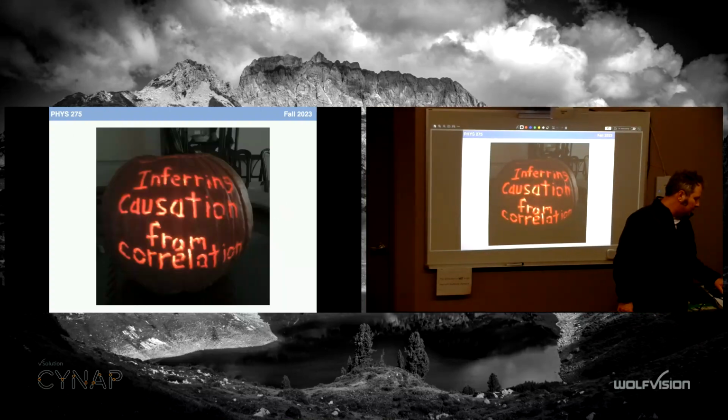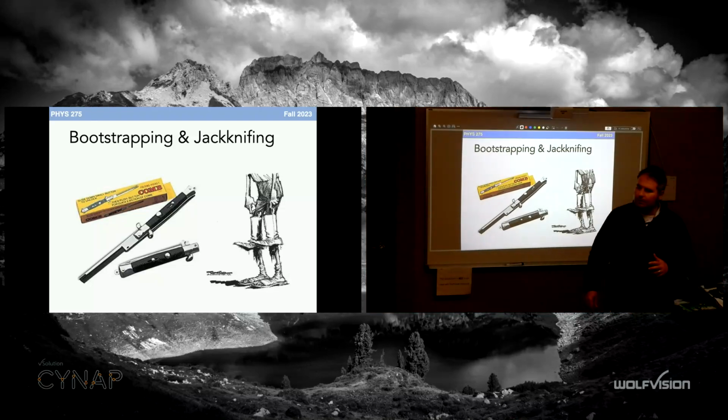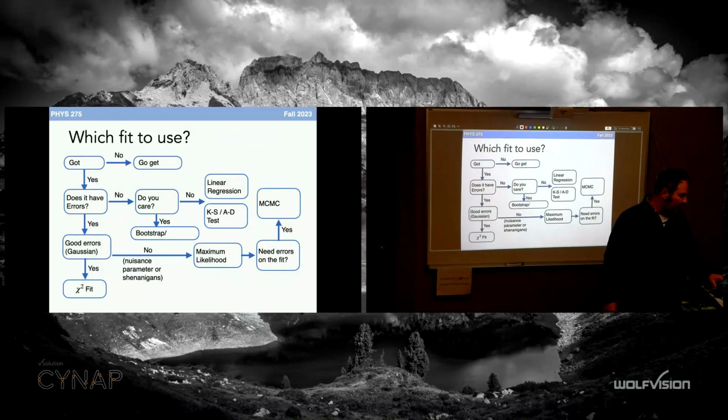It's spooky season, so how do we do this? We used bootstrapping and jackknifing, but both of those intrinsically assume that the inferred parameters that we get out of them are completely independent, and that the distribution we get out is OK to be Gaussian. That was the central limit theorem. But that doesn't mean that we always end up with one.